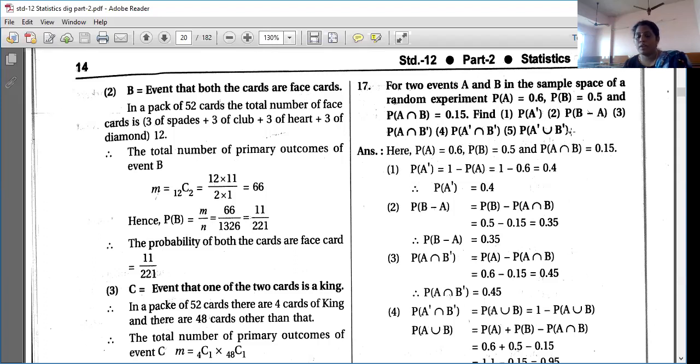Now you have to find P of A dash. What is the formula of P of A dash? It is 1 minus P of A, that is 1 minus 0.6. So your answer comes to 0.4. So P of A dash is 0.4. Now